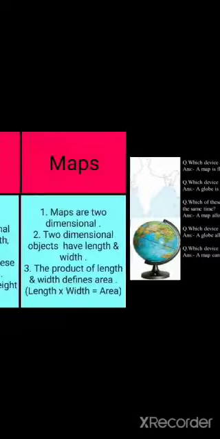A globe allows us to see one side of the earth at a time. Which device can be used for studying a particular region in detail? It's a map. And also, which device can be called a model of the earth? You know, all of you children, it's a globe. A globe is called a model of the earth.